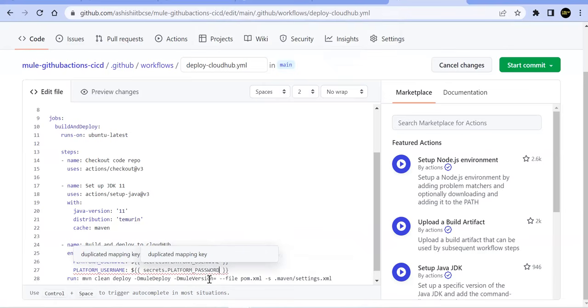We can go and say what we have done. That's fine. Control C, Control V. Okay, and the other one. So we have something called